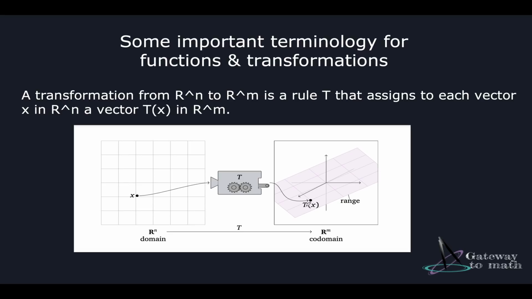So these are the three important terms that we will be discussing in more detail in the next few slides, but I guess you get the picture of what exactly a function is now. It's just a kind of machine. The domain is a dimension from which you pick your independent variables and put them inside this machine, which is a function, and you get an output from that function, which is some value in some dimension space, R of m in this case. That becomes my codomain, and the values that have been mapped by the function become my range. So these are the terms we have to keep in mind.